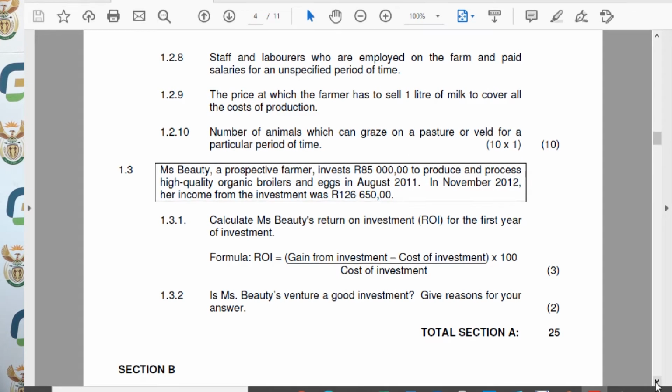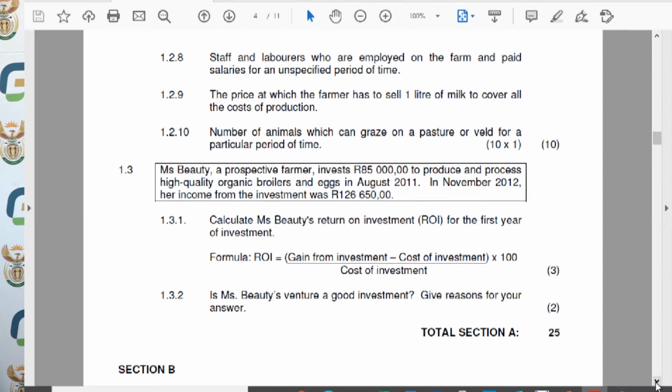And then the cost of investment was 85,000. So we take out 85,000 rands, and then we divide by the cost of investment, which is 85,000 rands. Then we get the answer. But from this answer, we have got to multiply by